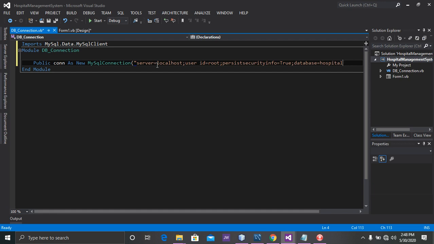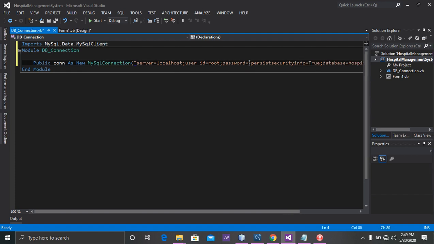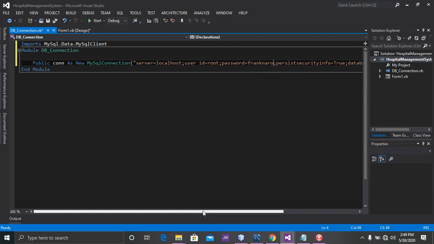It's left with one thing. I didn't add your login or your Workbench MySQL password. I'll add my password over here. You can add that at the back or front, it will work. I'll add it here: password is equal to root. That's my password. So I'm done with the connection string. If your MySQL has no password, you just write password and leave it blank. After you view it,